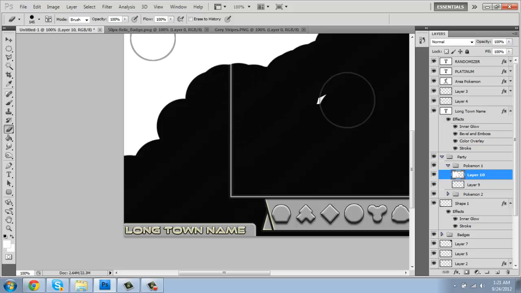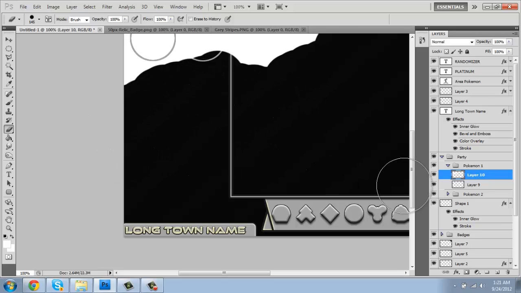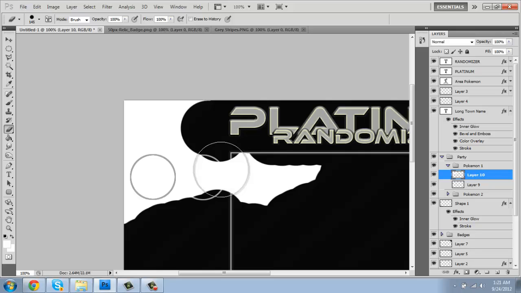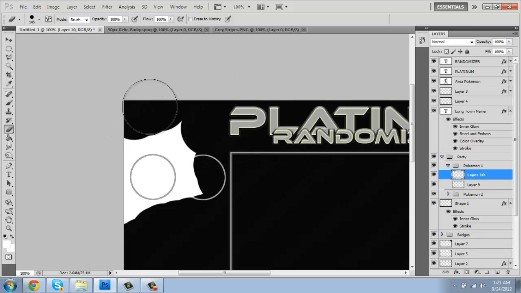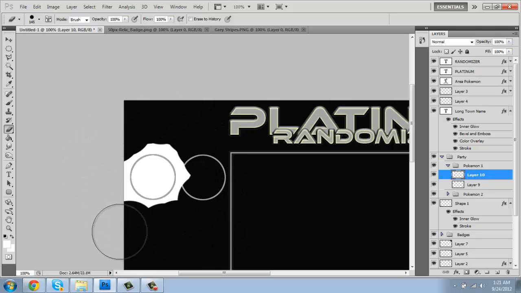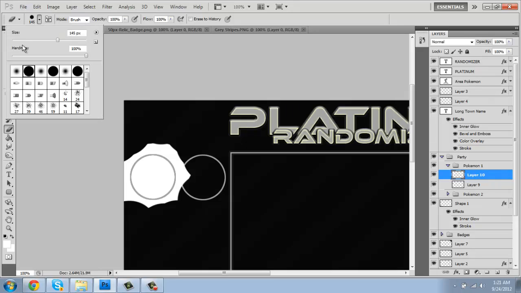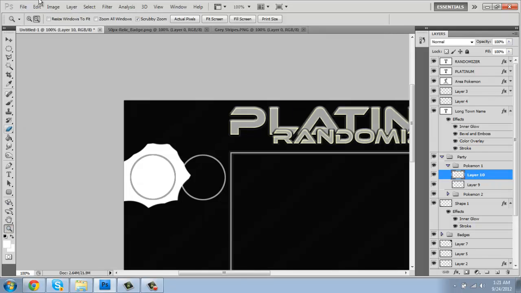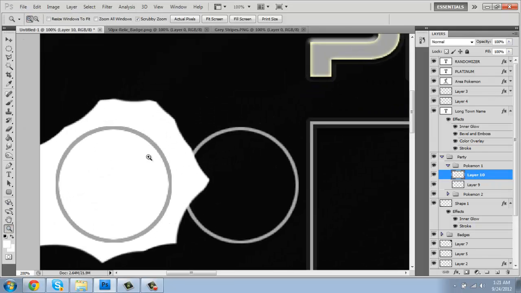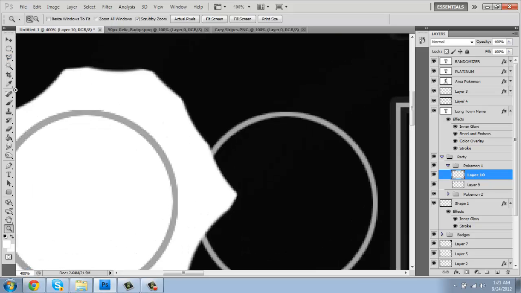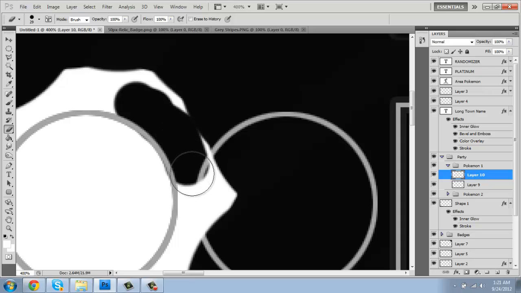And try to avoid the area where the circle is right now, because you're going to need a much smaller eraser to handle all this. So we will just go around it as much as we can with the big one, and there we go. Now let's get a much smaller one and zoom in a lot. For now, you don't worry about going on the border because it won't do anything. See, like this, now you just go around